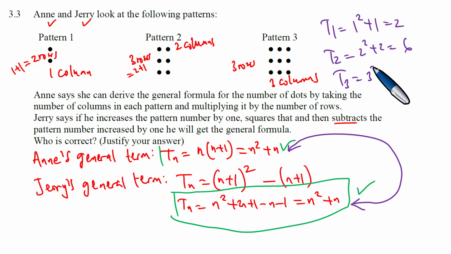T3, which is 3 squared plus 3, which is 9 plus 3, which is 12. But obviously we can really see that this is exactly 2, which corresponds to this, and then it is 6,